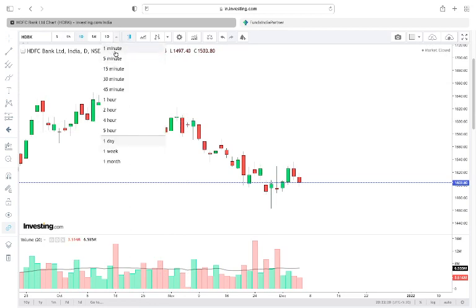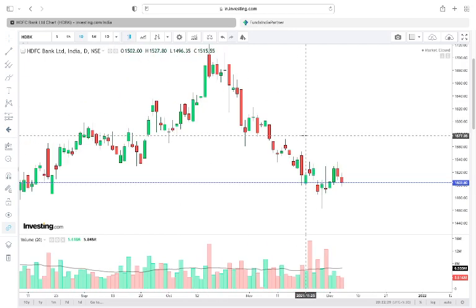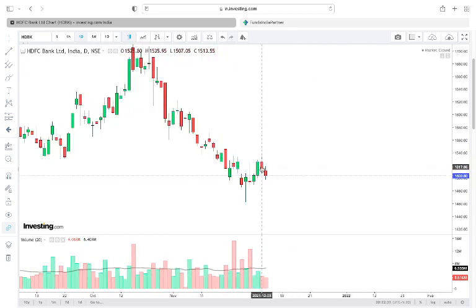So the interval is 1 minute, 5 minutes, 15, 1 hour, 1 day, 1 week, 1 month. There are many candlesticks here, but we have taken 1 day candle. That is, one candle is equal to 1 day. The dates can be seen at the bottom. I think everyone can see the dates at the bottom. See this dates, everything is there. Clearly the dates are mentioned.